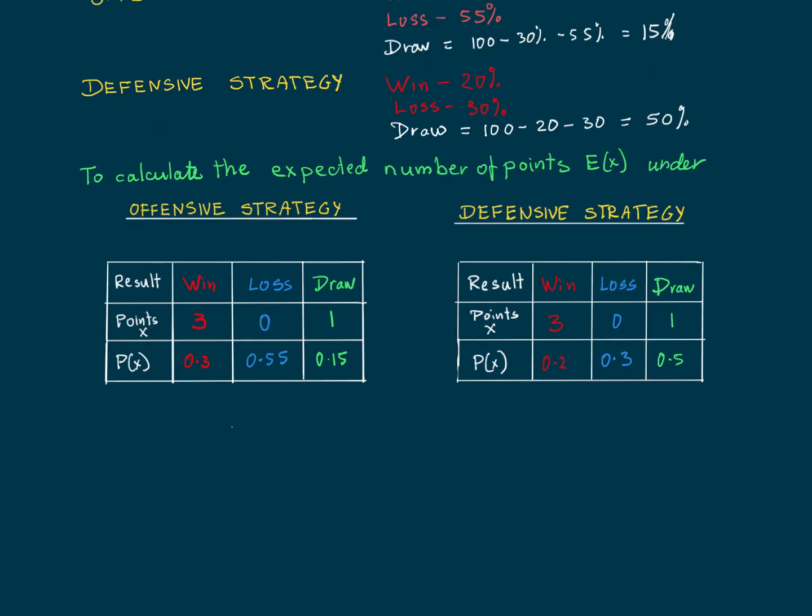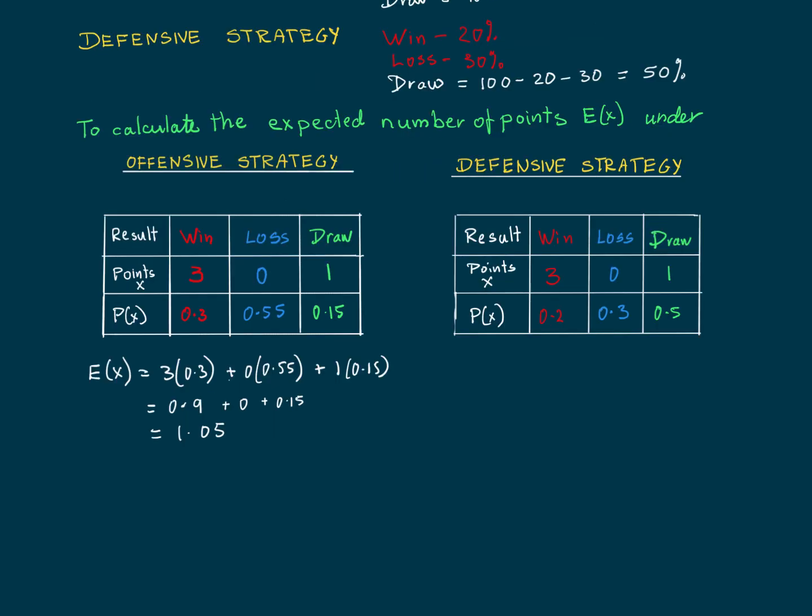And now we can calculate our expected values by adding these up. So it will be 3 times 0.3 plus 0 times 0.55 plus 1 times 0.15. And this gives us an expected value of points of 1, which means that using overall